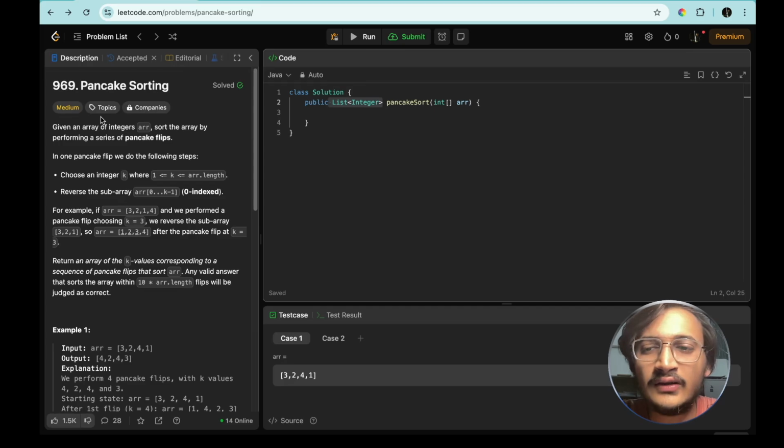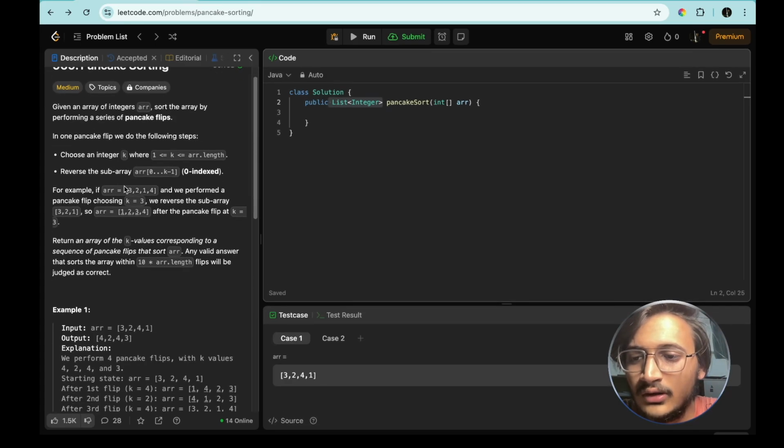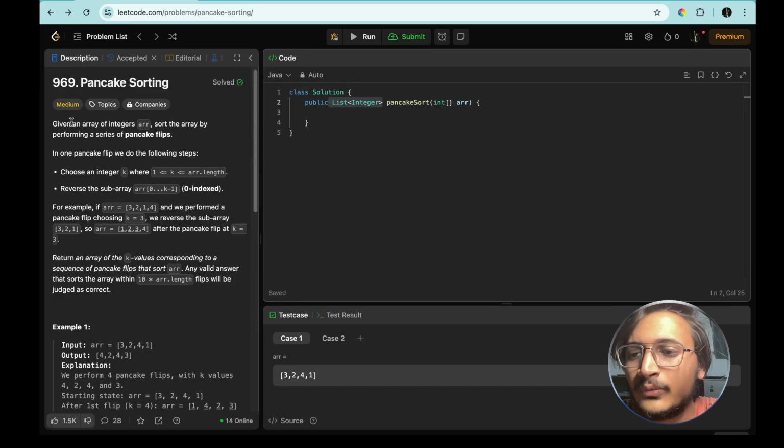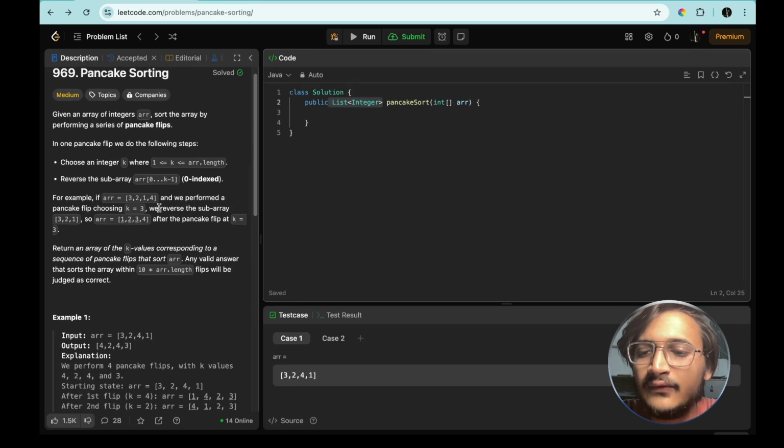Obviously, currently we are on the two pointer approach. In this question we will also be using a concept, and that will not be the heart of the question but a part of the question. So let's move on. We have been given an array, and